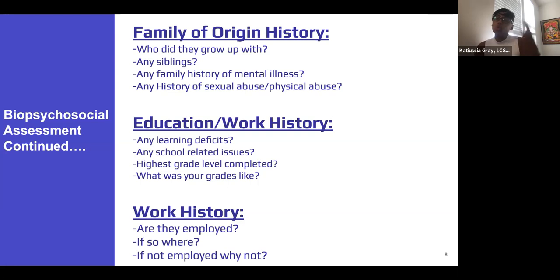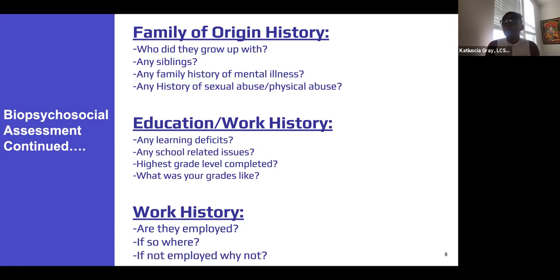So pay attention to what they look like, right? While they're talking about this. Some people get teary eyed. Some people, you can feel that this is a little awkward for them. And this is where you lean in and ask, I noticed that you blinked very rapidly. I noticed that your legs started shaking very rapidly. It's okay. We could take a pause. If you don't feel like talking about that right now, we'll put a pin in that for right now. But it is important to understand that down the line and when you're ready. Super important.